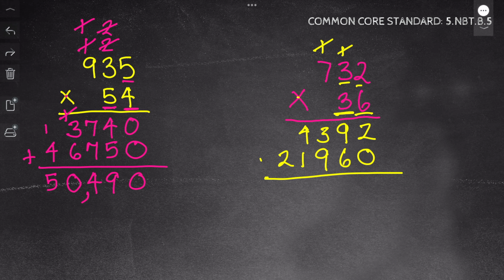I'm going to go ahead and add up my numbers. 2 plus 0 is 2. 9 plus 6 is 15. Regroup my 1 and put my 5. 9 plus 1 plus 3 is 13. And 1 plus 4 plus 1 is 6. And nothing plus 2 is 2. I need to go ahead and put my comma in. So my answer is